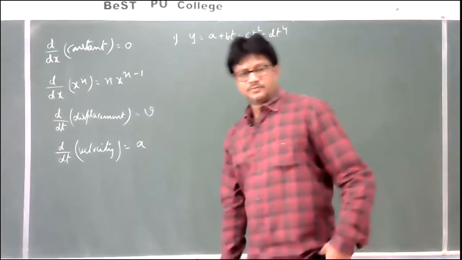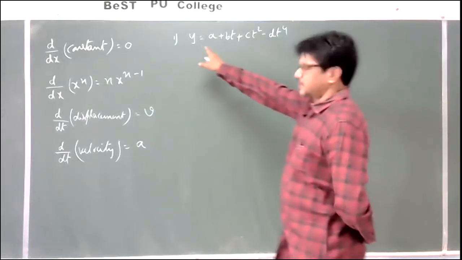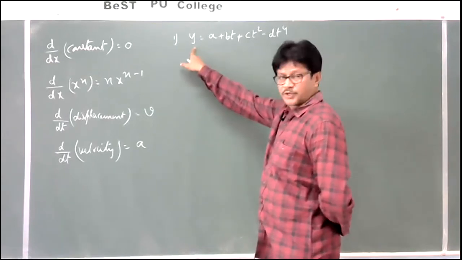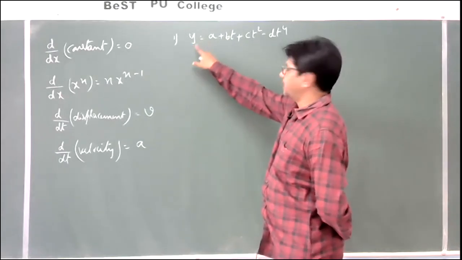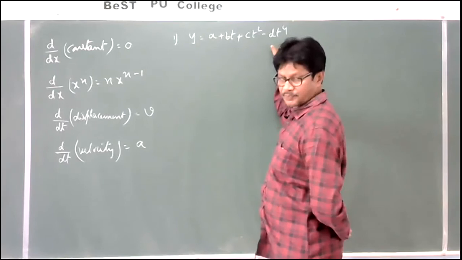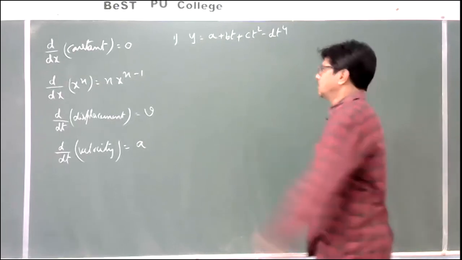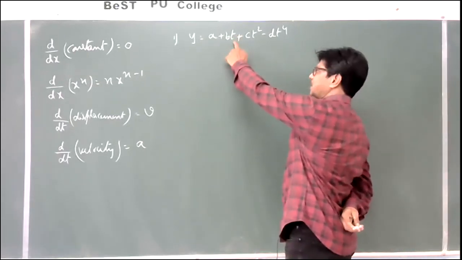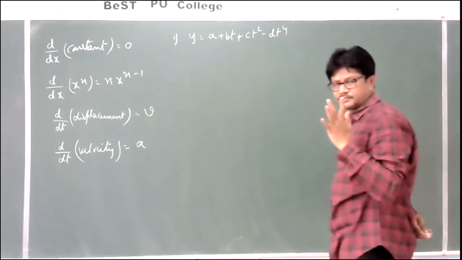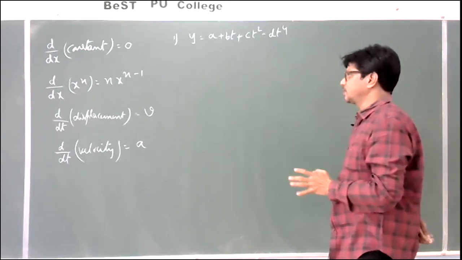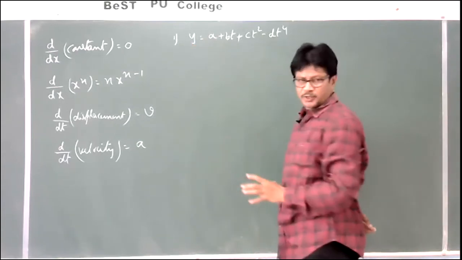So in this problem, listen carefully, this is the expression for the displacement. So here displacement is variable with respect to time. Here a, b, c, d are constant values. Here the variable is t. As time changes, the displacement will also change. He is asking us to find the initial velocity. So how will you get a velocity? By knowing the expression for the displacement.